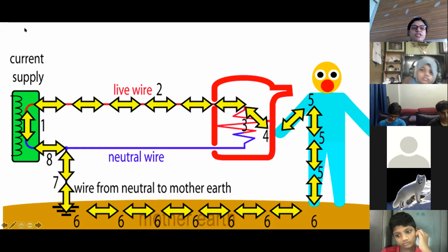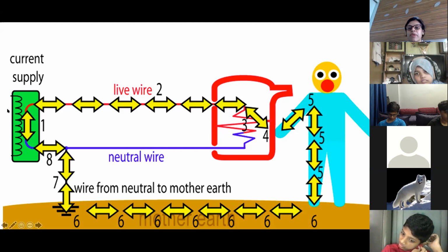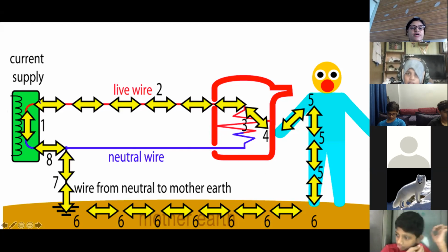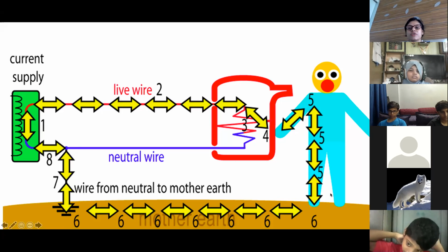So what happens when you connect it? Suppose this is an electric kettle, connected through the plug. So it gets connected to earth also, because it has 3 connections: live wire, earth wire and neutral wire. The live wire is carrying 220 volts, and suppose there is some fault in the device and you touch it, you will get a shock. So why is this earth wire there? So that even if you touch it, the current will go through the earth wire and will not pass through your body. Okay, is it clear?